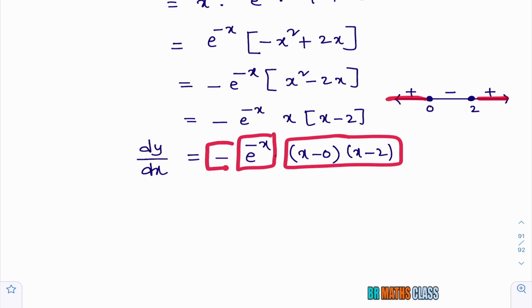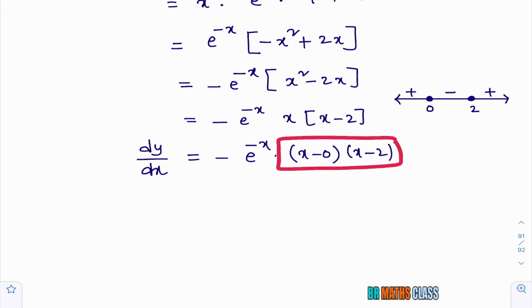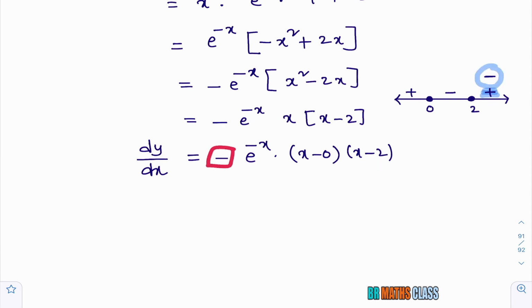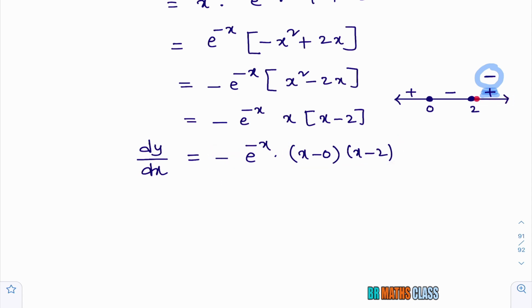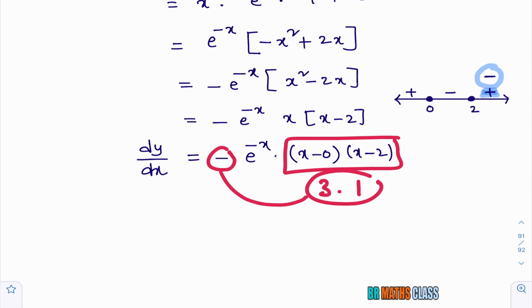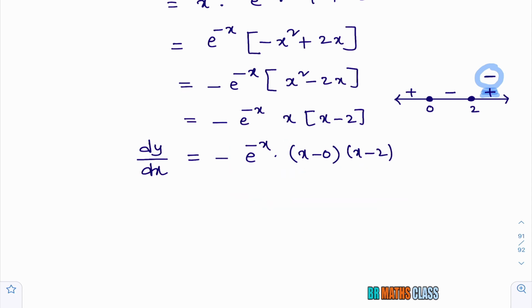This problem will become interesting because of this minus. This expression is positive now. When I multiply with this negative quantity, the total will become negative. Because of this minus, this expression is positive in this interval now, and this expression is negative in the other interval. If you want, you can check by taking an example. In this interval 3 is there. You take 3, in place of x you write 3. 3 minus 0 is 3, into 3 minus 2, 1. This is positive. When I multiply with minus, see here, that's why this is negative. I hope you are understanding. In the same way, this minus changes positive to negative, and negative to positive.